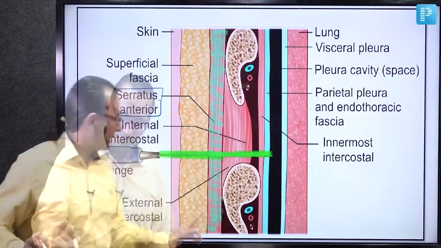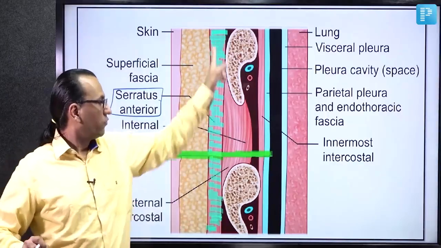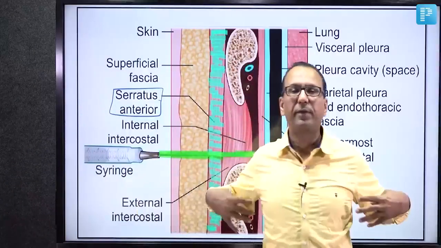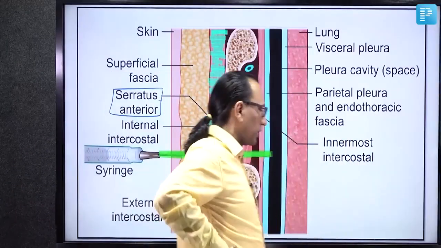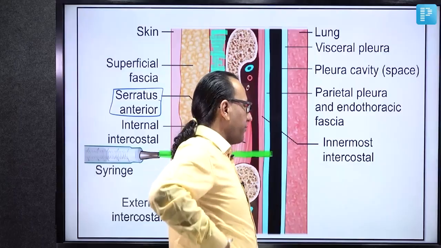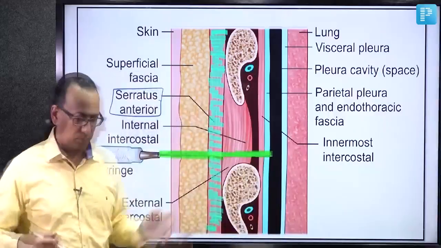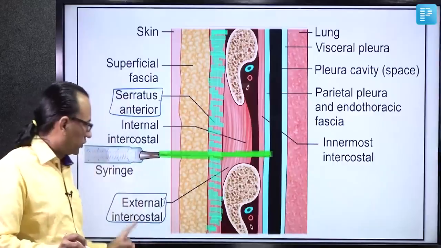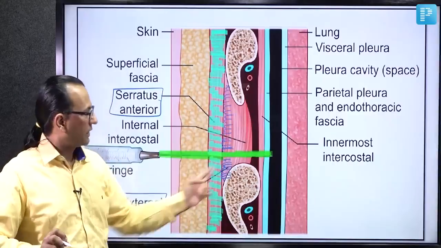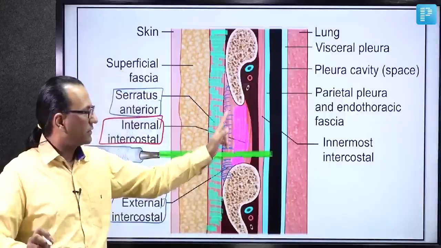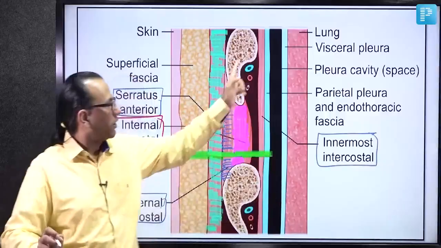anterior. The serratus anterior muscle takes origin from the upper 8 ribs. As it is taking origin from the upper 8 ribs, you are going to puncture this muscle, the first one, and after that you are puncturing 3 intercostal muscles. Namely, there is the external intercostal muscle, which you can show here, and then deep to that is internal intercostal, which you can show deep to that, and then there is the innermost intercostal, which is deep to the neurovascular